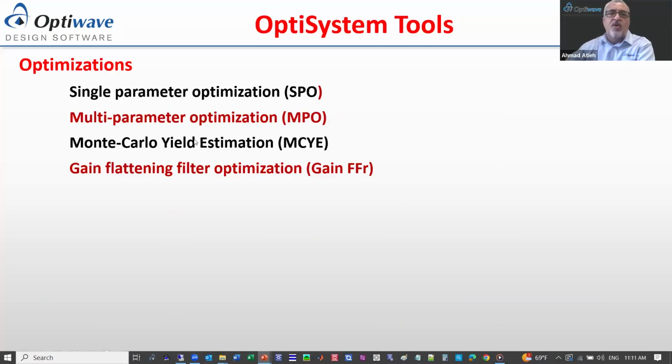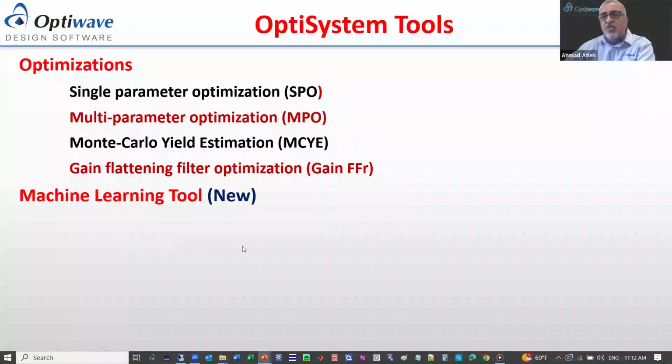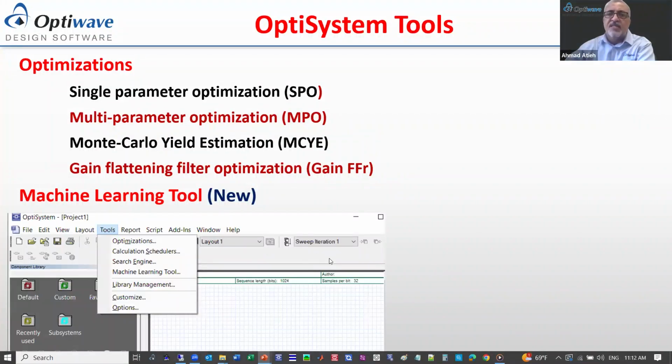OptiSystem tools, we also offer optimization tools. You can optimize single parameter or multi-parameter optimization. We have Monte Carlo optimization. We have gain flattening filters, as I mentioned. There is a new tool we added, which is a machine learning tool. You can train the system, test the system, as well